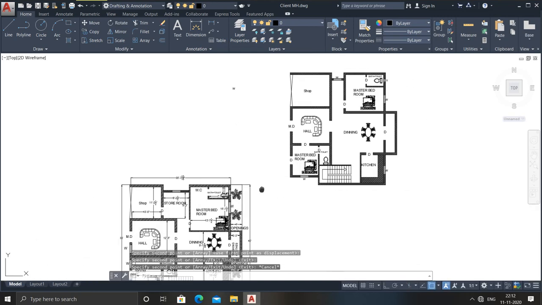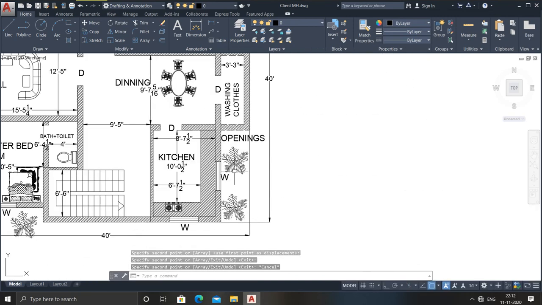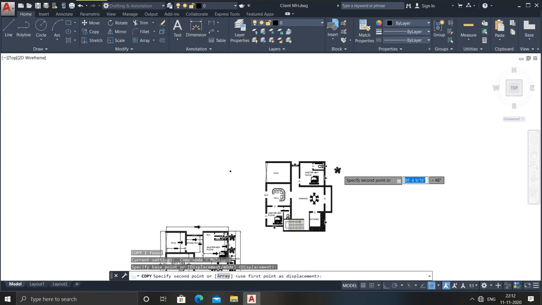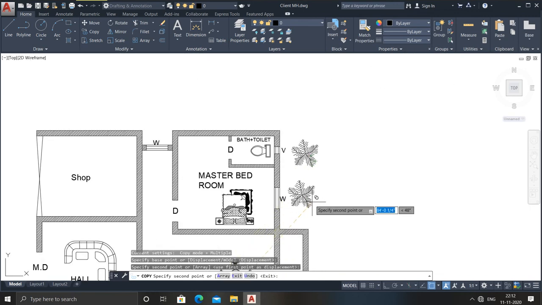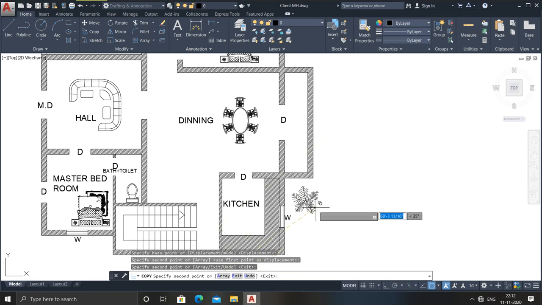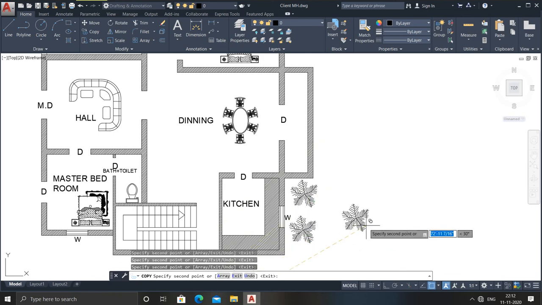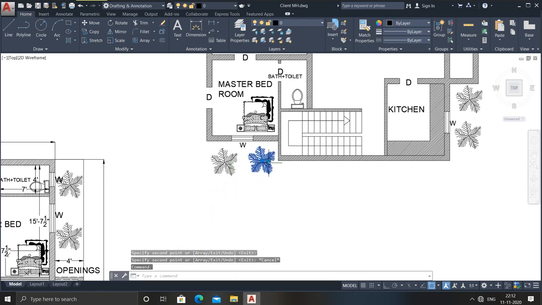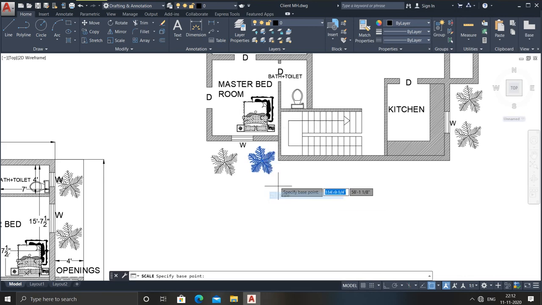Now here, this is the plan of trees, keep it here, keep it here. Here for cool air breezes, here also you can keep it. You may decrease or increase its scale by doing this.